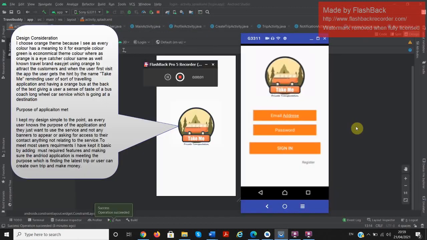That is my Take Me application. This application is designed for independent travelers who are looking for someone to go with, and it is more efficient and cheaper using this application. So this Android application, to get access to the application, you will